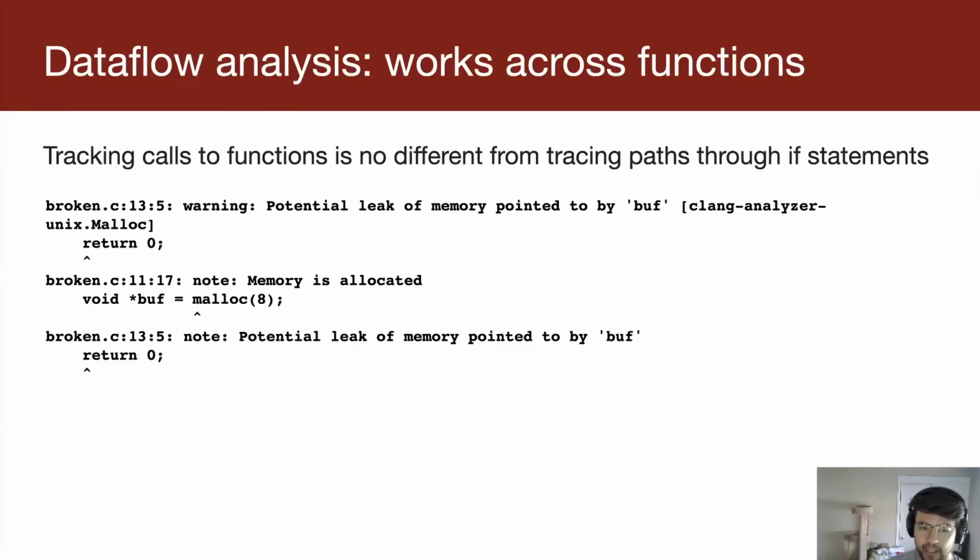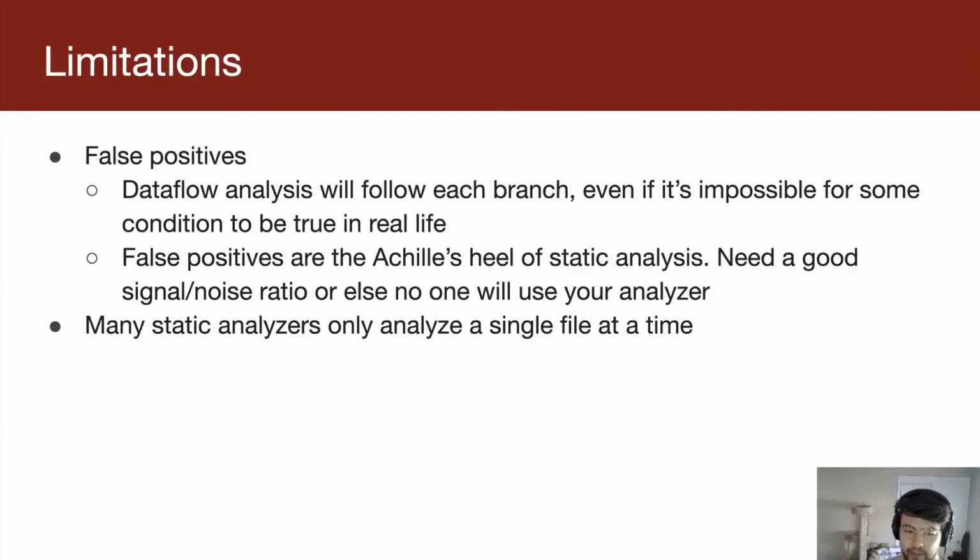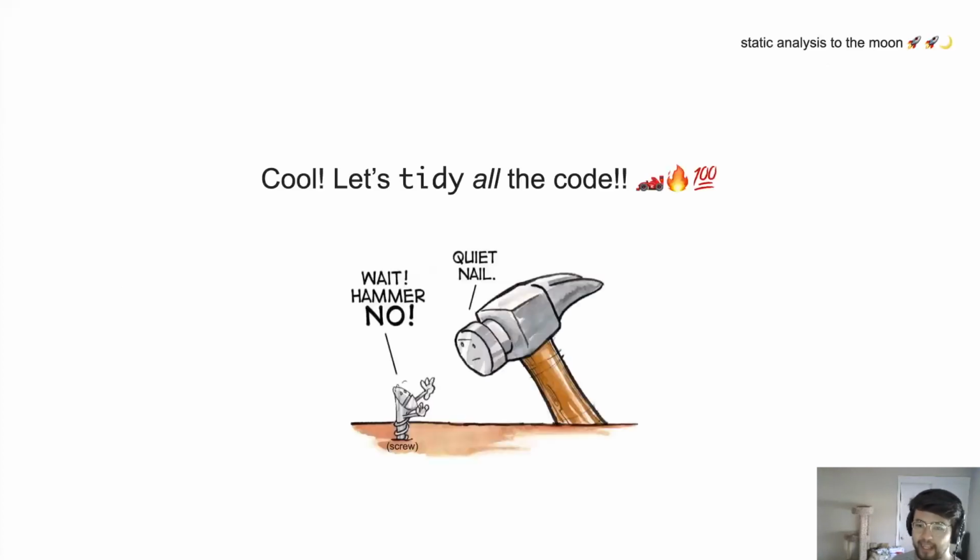So you look at this and you say, okay, well, I can live with those limitations, like the false positives, and we'll just build a good tool, and maybe I'll add options to analyze the whole code base at a time. Great. Let's tidy all the code. Let's find all the bugs. What's the deal? What's wrong? Why doesn't that work? So let me